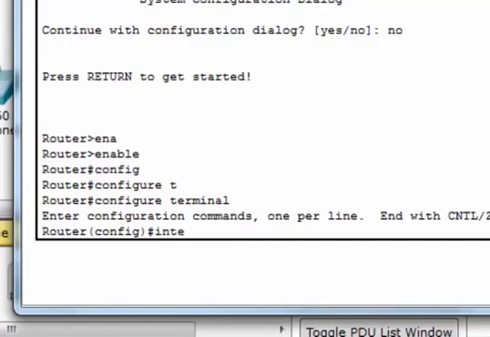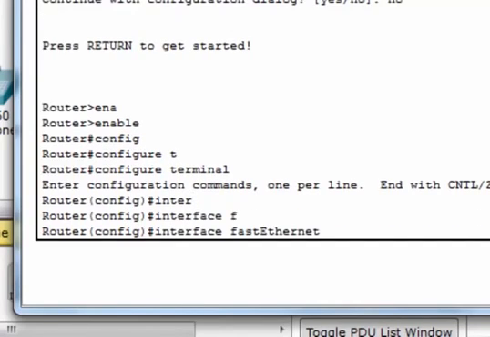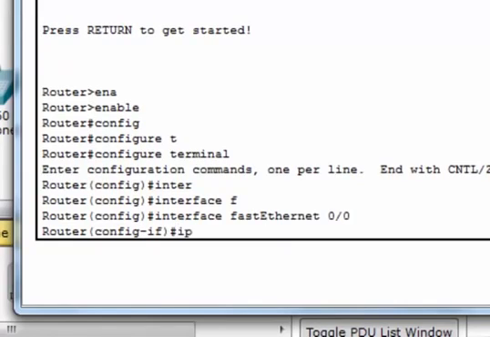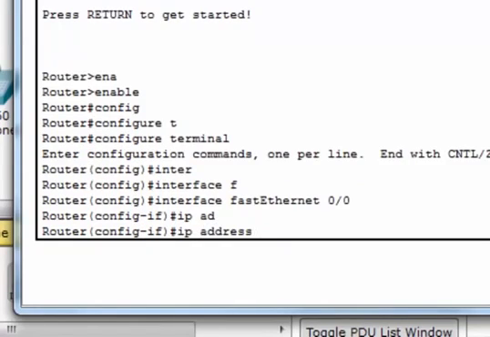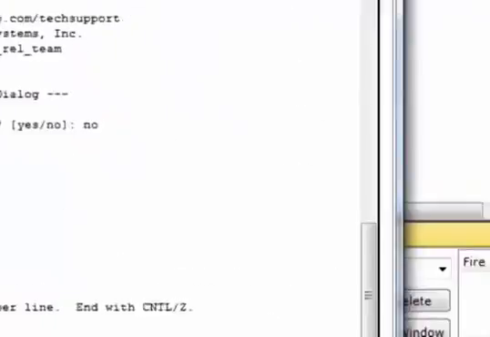Then interface fast Ethernet 0/0, IP address. Here we can configure